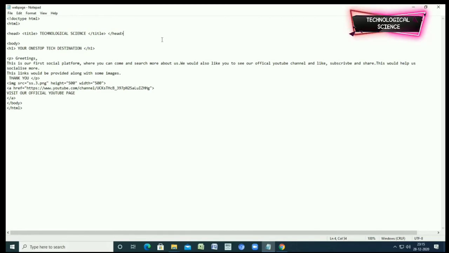If you want to add a name to your web page, you first type head, then title, write the title, then put a closing tag for title and then a closing tag for head. In this way you can give your name to a web page.